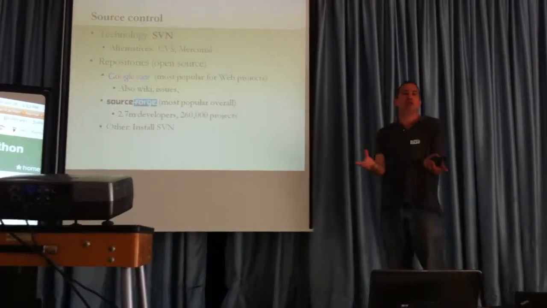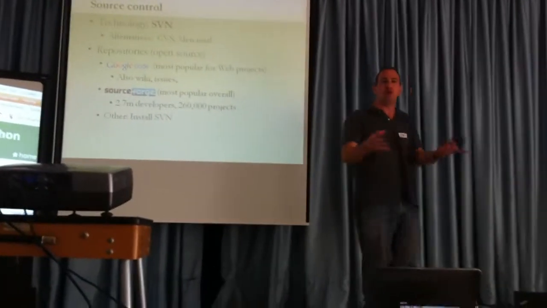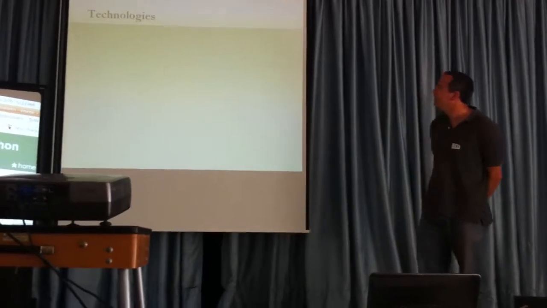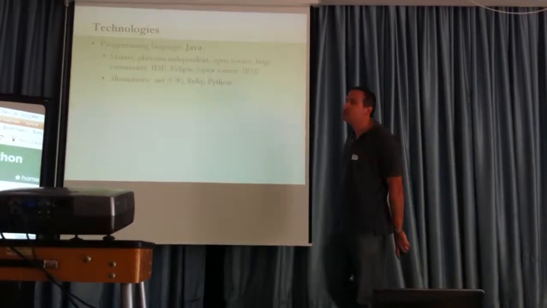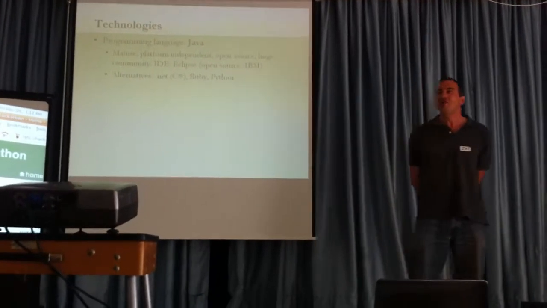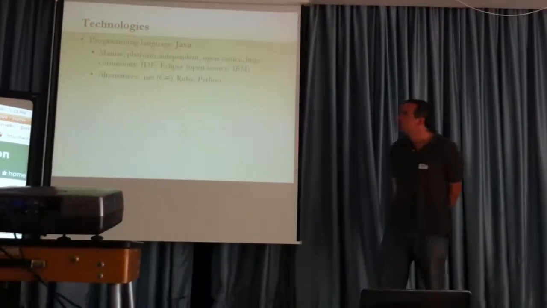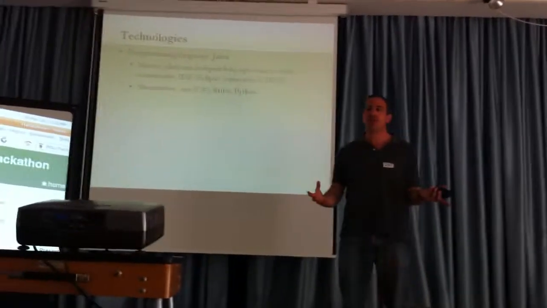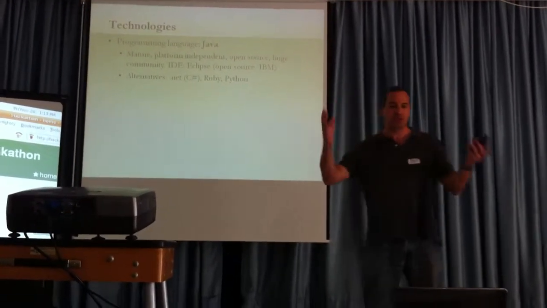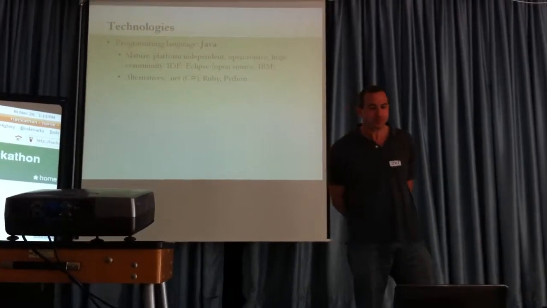Another possibility, if you do not want to open source your project, is to install SVN on a server or on one of your laptops and use that as a repository for the team. So that's also an option. In terms of technologies, this is almost like a religious battle, but I'm a fan of Java. It is open source. It's platform independent. It will run on Windows and on all the other operating systems. It's mature and has many libraries, so that's probably a good choice for many projects. But if your project decides to develop in C# or Ruby or Perl or whatever else, then that's fine.